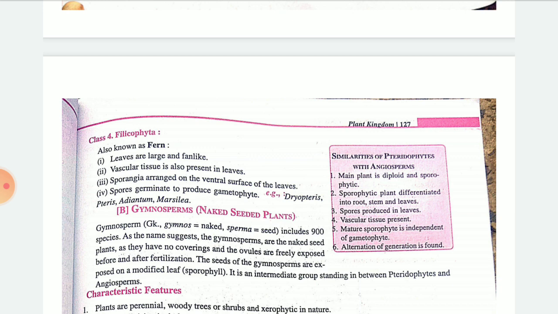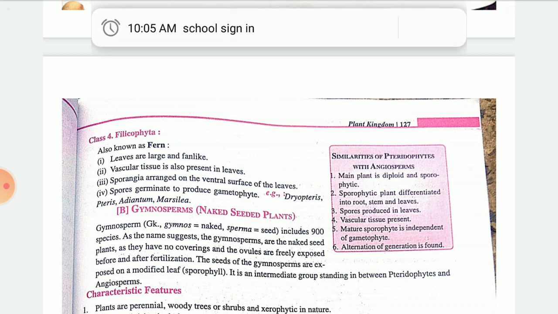Filicophyta, fern is included here. Leaves are large and fan-like. Vascular tissue is also present in the leaves. Sporangia is arranged